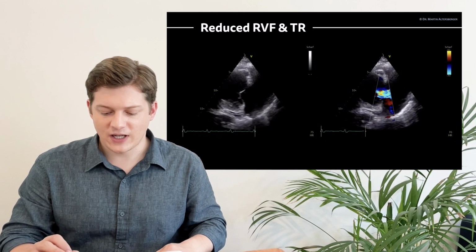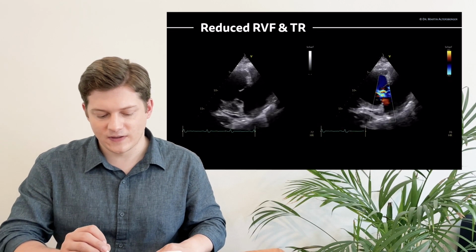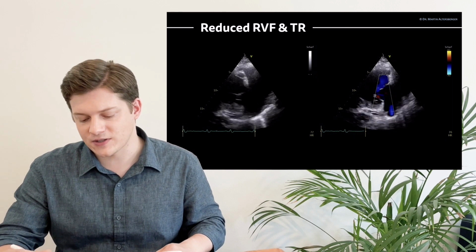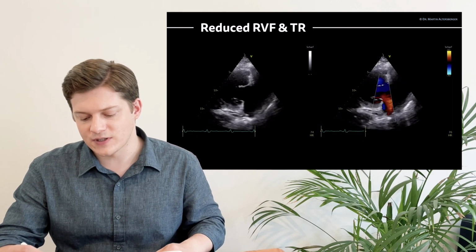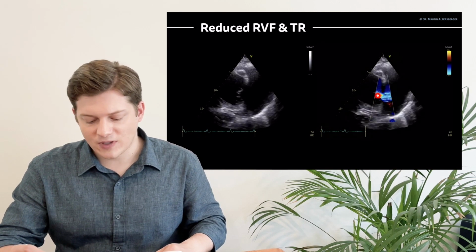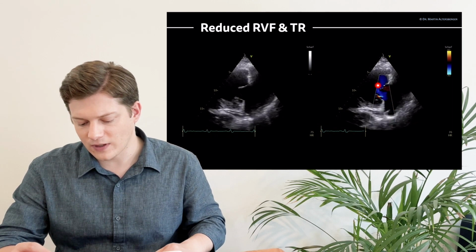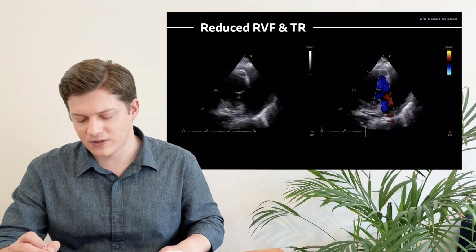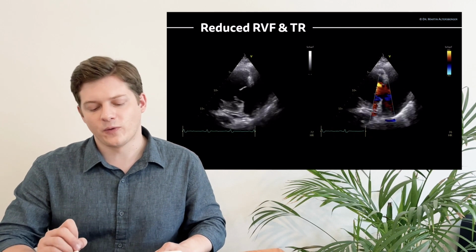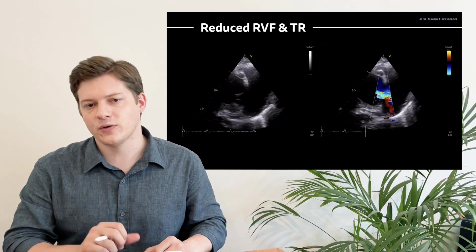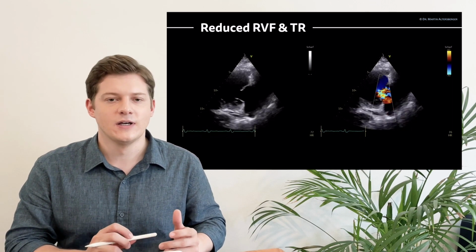We can visualize it now with color Doppler, and we see this reduction in right ventricular function and also the tricuspid regurgitation. What's quite good to see over here is the vena contracta, and also PISA measurement could be possible in this view. I always perform this view, so the inflow view of the right ventricle in the parasternal approach,